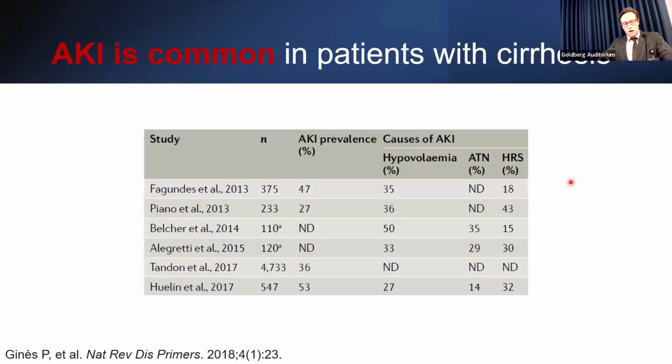So just to look at some data, AKI in patients with cirrhosis is rather common, which I'm sure anyone here would not argue with. Depending on the cohort used, up to 50% of patients with cirrhosis will have AKI during that hospitalization. Obviously, depending on the techniques in which the data is taken, it can be a little hard to drill down in retrospective review of the etiology, but about a third to a half are hypovolemic AKI. About a third of those, depending on the study, can be acute tubular necrosis. And then, as we can see here, the